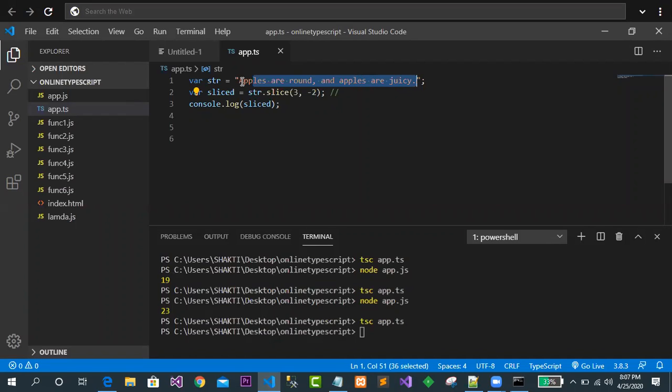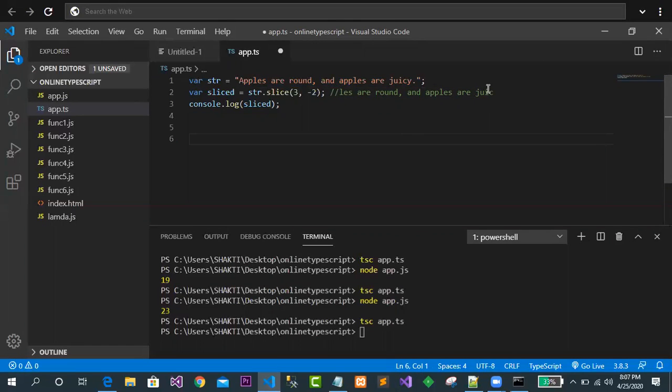-2. What is the meaning of -2? -1, -2. So what is the output you got? LES. Let me copy this one, and I expect this is the output. Clear?